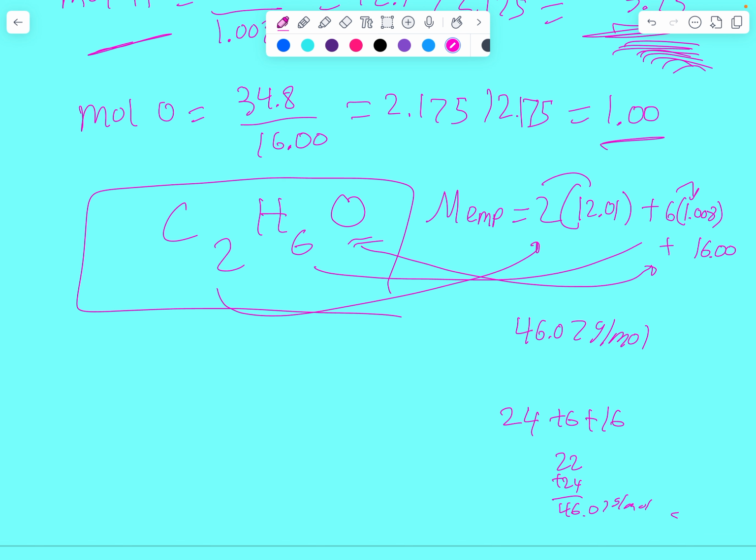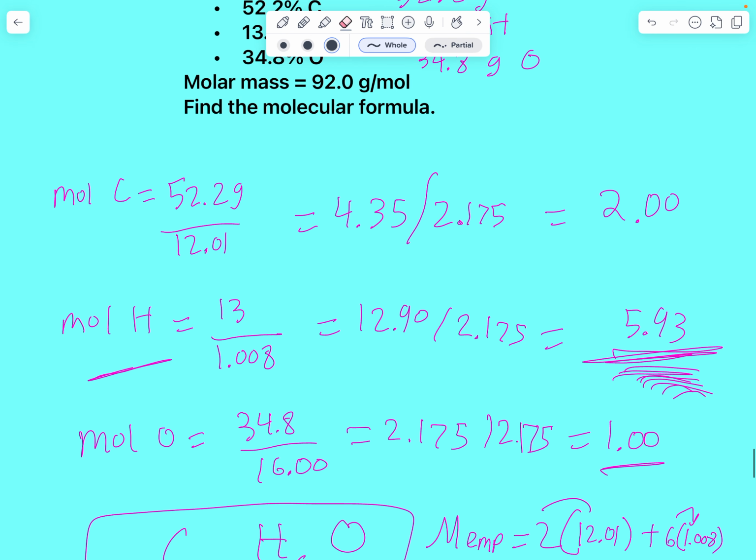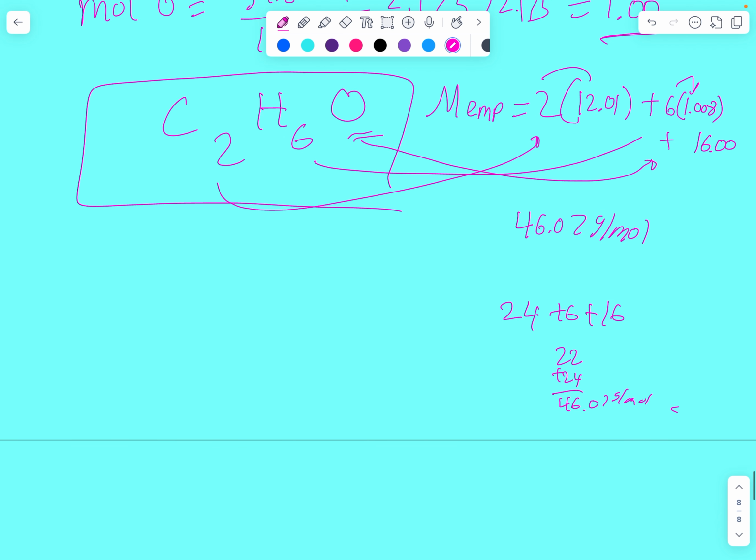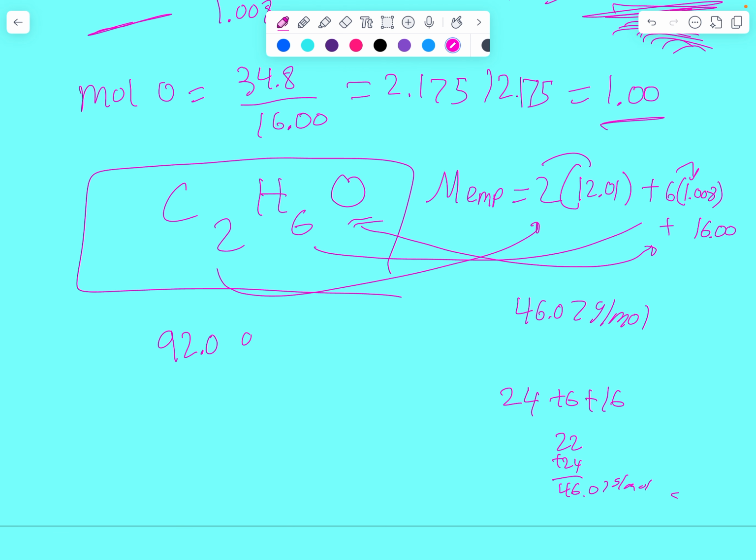So now I compare the given molar mass to the empirical mass to see how many times bigger the real molecule is. So I have 92, this is given to me. I got 92.0 grams per mole. I don't even need to include units. That's just being fancy. Equals 46.07. All right. That equals 1.997, which is around 2. The multiplier should be very close to a whole number. Here it's basically 2. So I have my molecular formula,